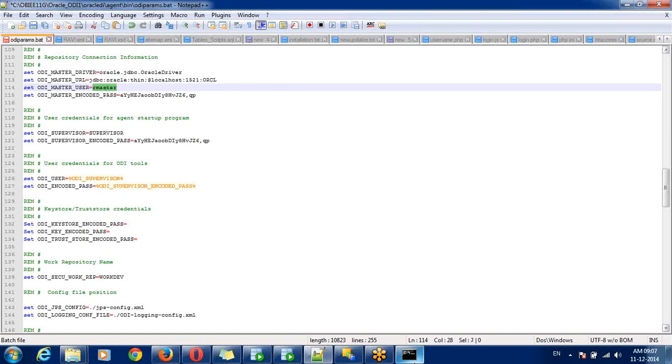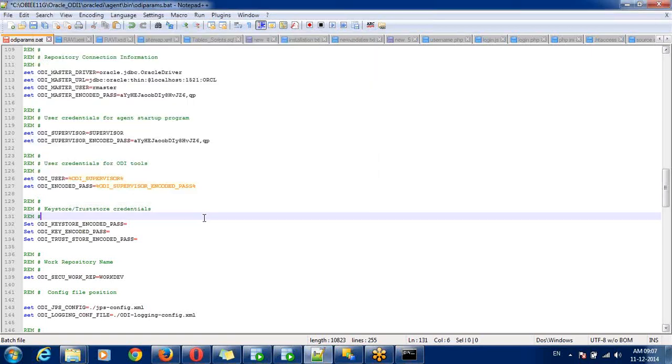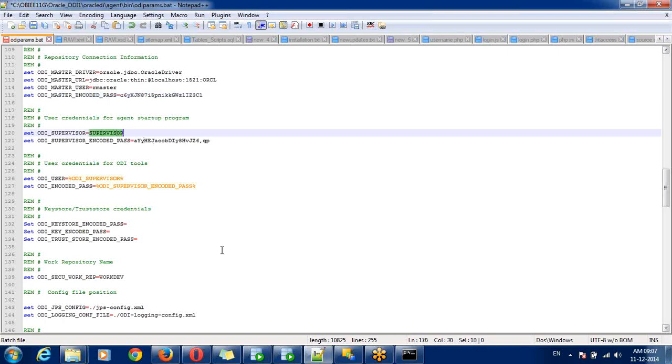So that password is also R master. Encode, copy, right click, mark, and copy this one. This is my R master password. This is my supervisor password.